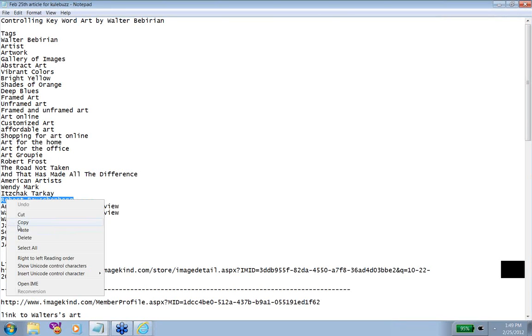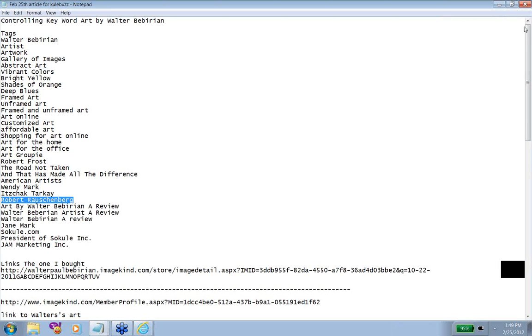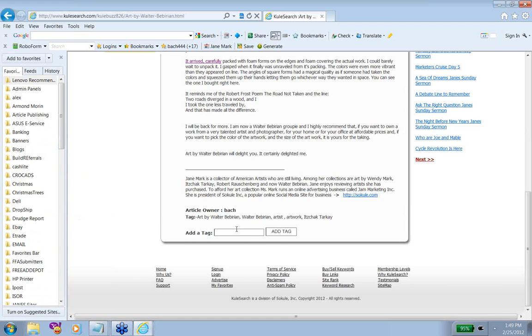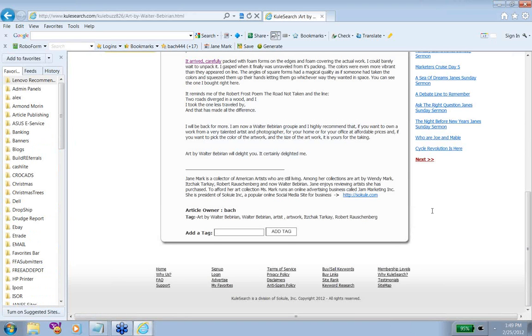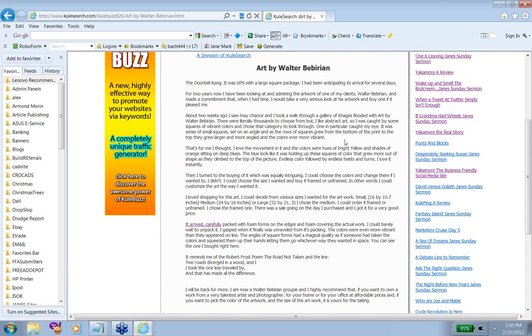I'm not going to add all of these now, but I will after the webinars because I want to show Walter that I can get his article up for him. But I'm going to go through, because I don't want to bore you guys to tears here, and all of those tags that you see that came right out of this article, I'm going to add to this article so that when the article gets spidered, as we call it, by the search engines, they are going to look for these tags, and they are going to want to know that these tags are actually